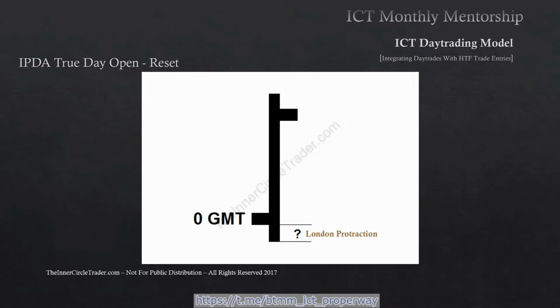So if we set our daily bias based on the daily PD arrays, and if the data ranges and the quarterly shift is still bullish, everything that's significantly pointing higher, if we're in a seasonal tendency for bullish prices, if it's a Monday, Tuesday, or Wednesday, it's a loaded deal. The main thing is we have to see price having already respected a daily discount PD array. You have to see it do that, and then the very next trading day, you're looking at the 0 GMT